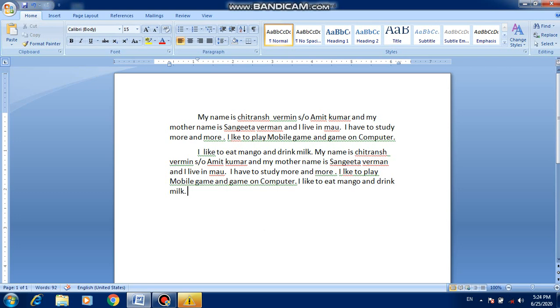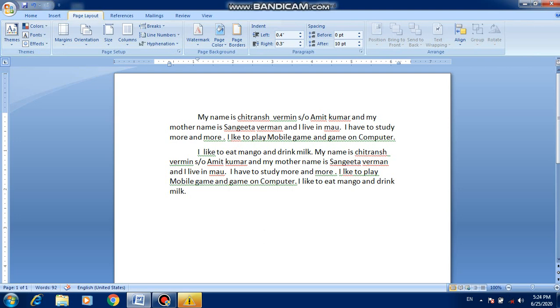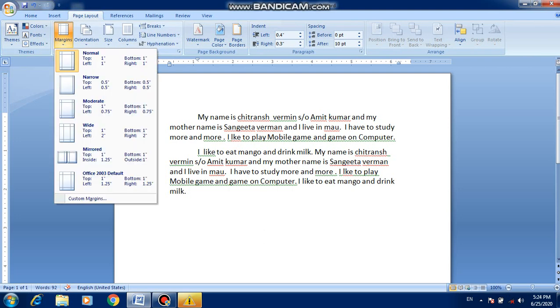To apply margin, simply click on Page Layout and then click on Margins. Some margins are already given: Normal, Narrow, Moderate, Wide, Mirrored, Office 2003 Default and Custom Margins.